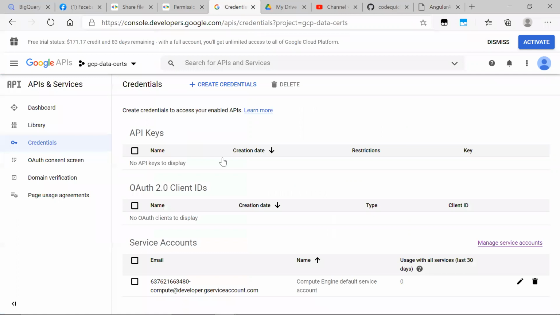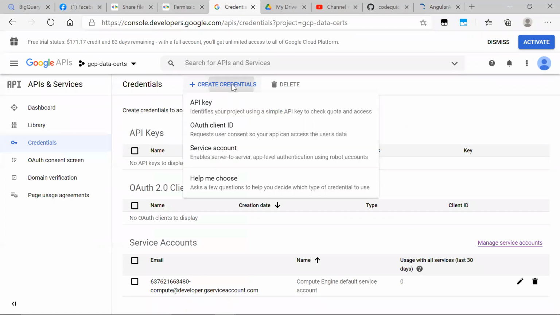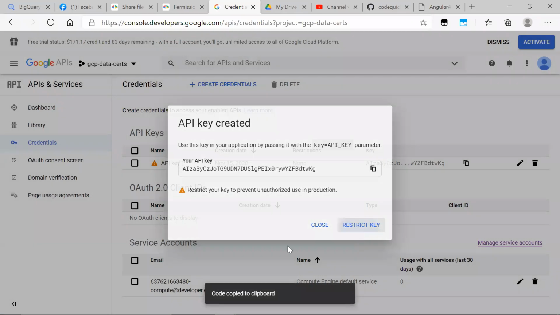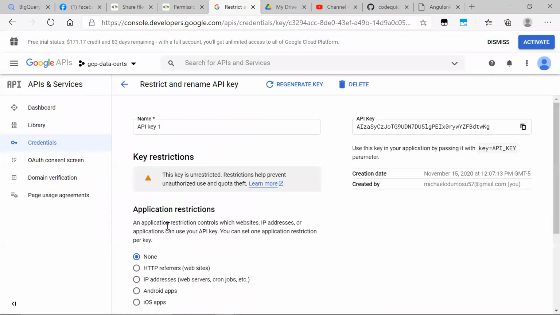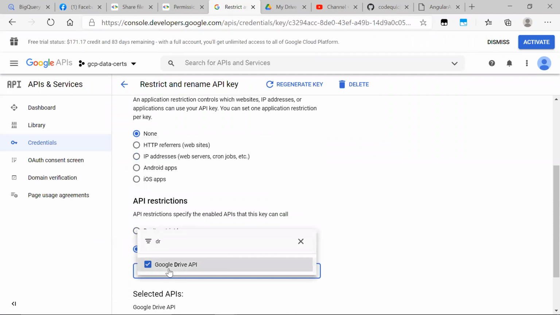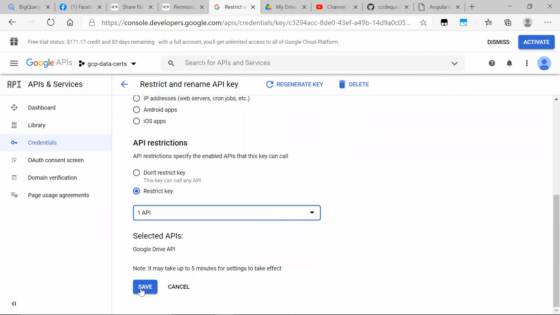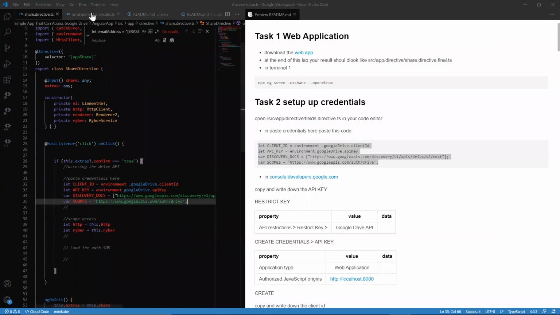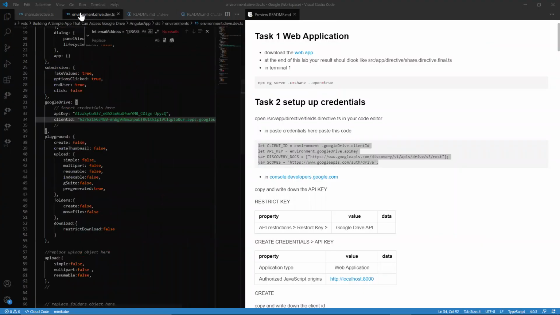And after that, we want to head over to the credential manager, give ourselves an API key, and want to go ahead and restrict this key, right? Want to restrict this key to the Drive API, because there are powerful and expensive APIs in here. We don't want anyone getting their hands on them, right? So we head over to environment.drive. We want to go ahead, replace the API key like so,